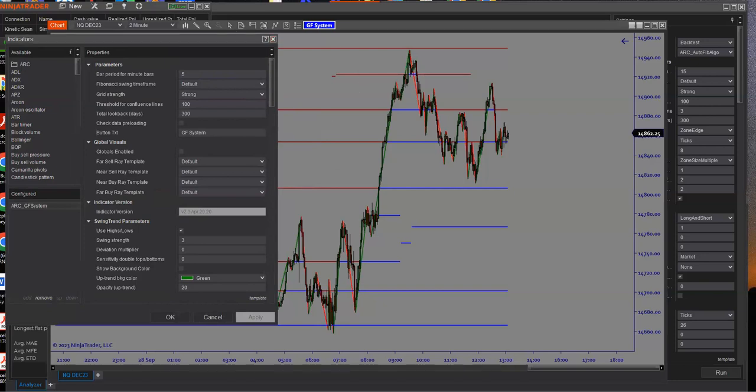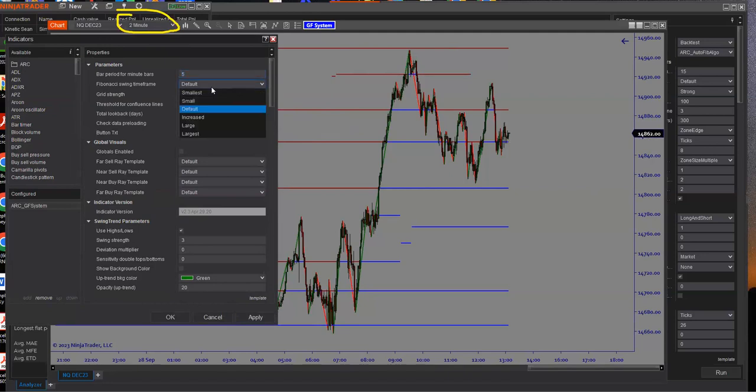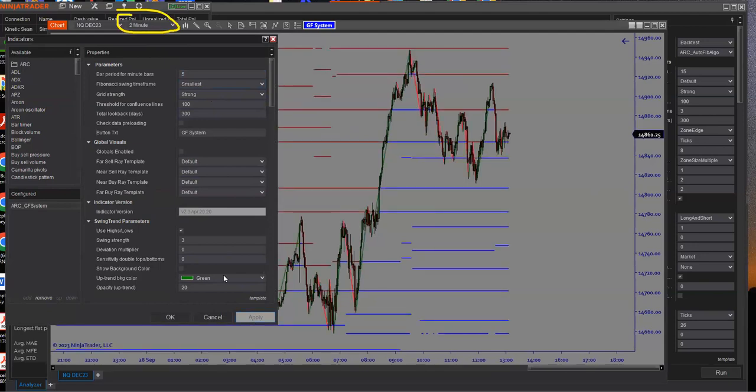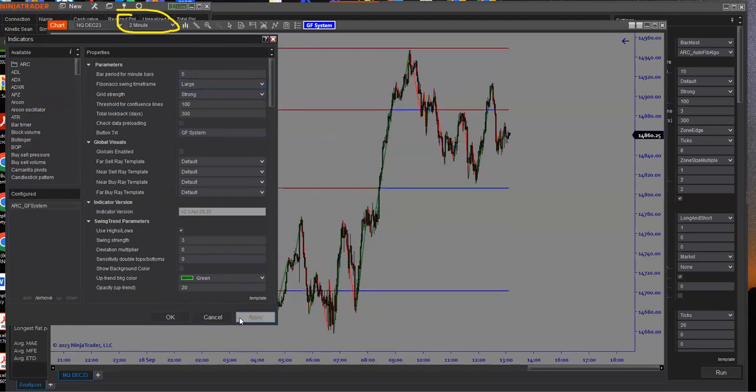This is a 2 minute chart. I'm going to draw a little circle. It's a 2 minute chart. I'm loading these fibs from the 5 minute. What you may not know is that you have the ability to change the swing time frames that are coming from the 5 minute chart. So if I want to make the lines smaller, I make them smaller. If I want to make them more powerful, I make them more powerful.